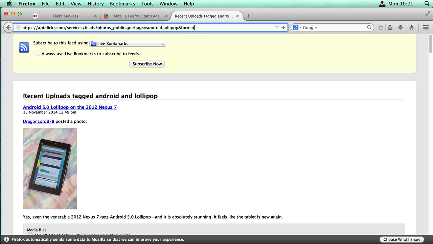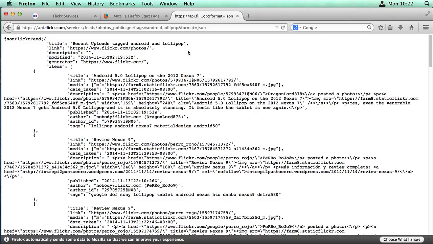Format equals JSON. And you can see now we've got a completely different format. And that's the beauty of an API that does all the hard work for you. So you can see we've now got this. And now that that's starting to work, I just want to talk very briefly